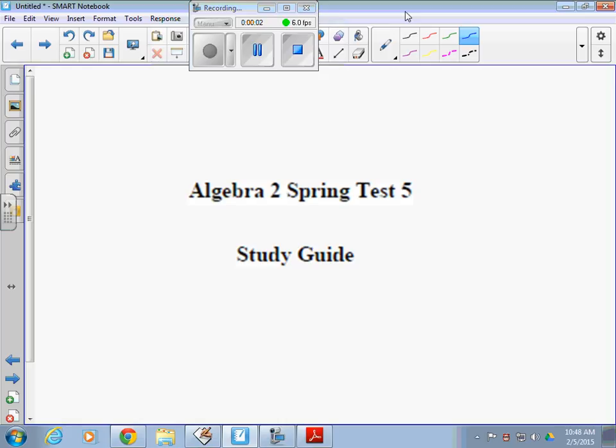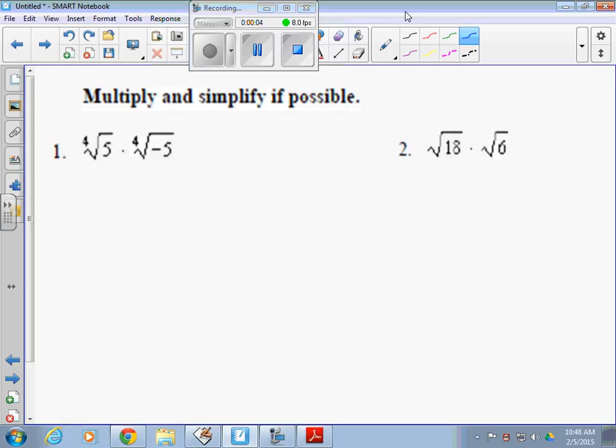This is Algebra 2, spring test number 5. We omitted a few problems from the test, but we do have number 1 and 2 on there. We're multiplying and simplifying if possible. You can only multiply